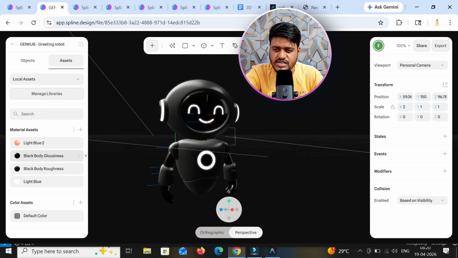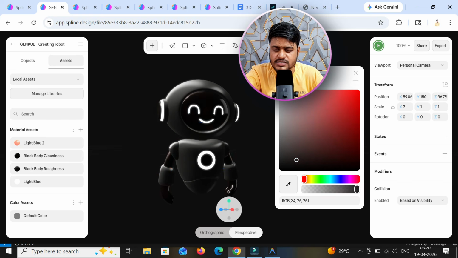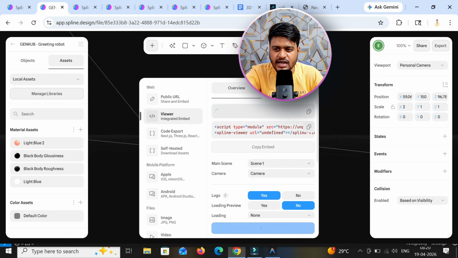Let me change the lighting color in the robot to show you guys how it works. So this is how it works. Let me change the color. You can see the colors are getting changed inside the robot. So this is how you can customize any element, and after that just simply click on the export button,